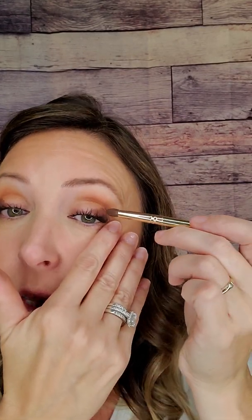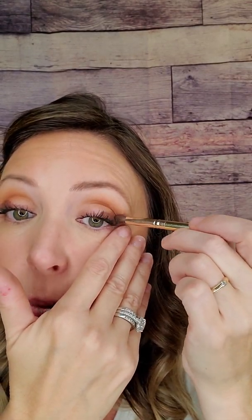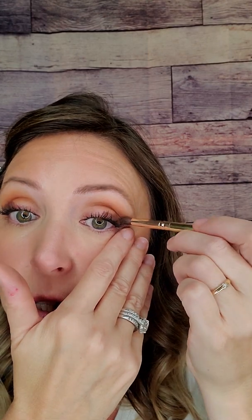I'm gonna place it here. It's gonna look a little bold, but do not worry. We're going to blend all of this away. Cocoa, small end, right in the corner. Okay. Put a little more on this side. Wipe your hand off so you're not smearing that out. Yeah, these dark shadows are so pigmented, which I love because you just need so little, but you just got